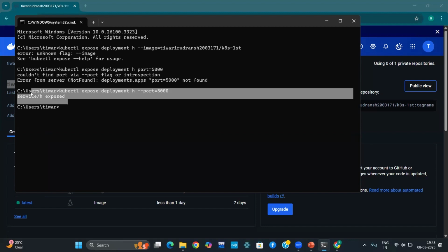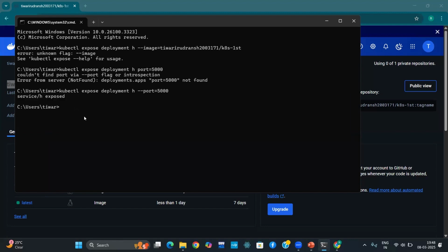Yes, this service is exposed. So if you want to see, this service is based on a cluster IP, I think. Yeah, it is based on a cluster IP. So we can't fetch this without a URL. If you want to fetch it, just write